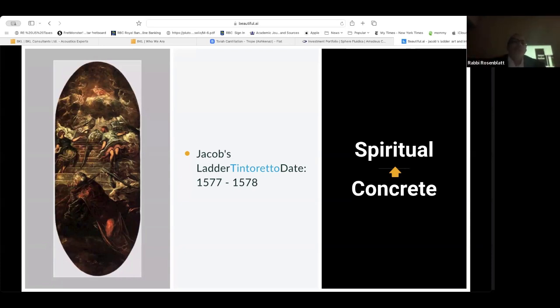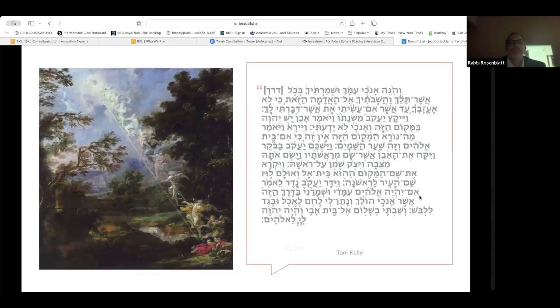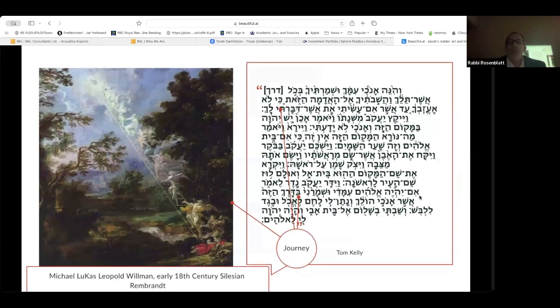But I wanted to show you at least one which I thought was representative of a school of thought that this ladder is going to represent a transition between the physical and the spiritual. That is, in fact, a very typical interpretation of Jacob's ladder, from the concrete to the spiritual. Now, one of the things that is pointed out is that this is